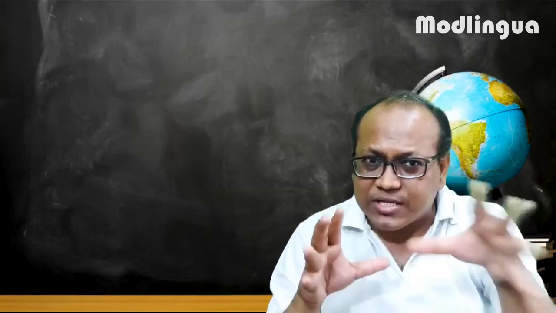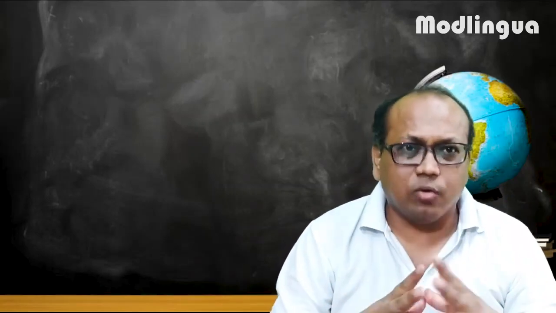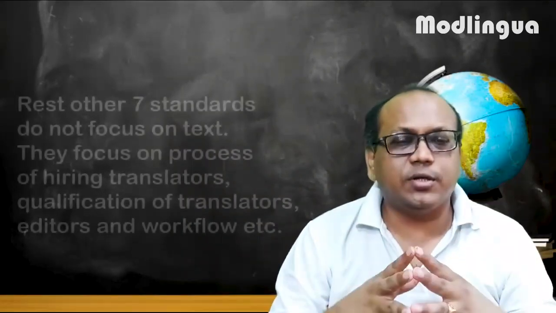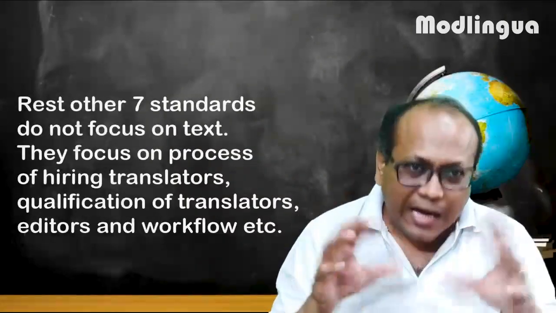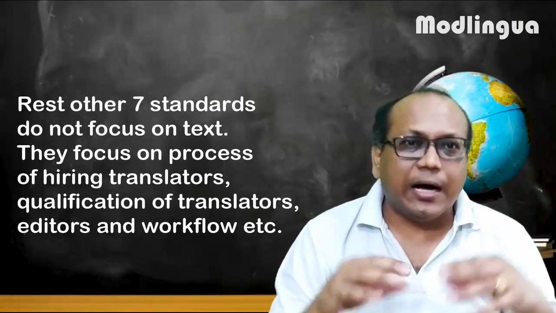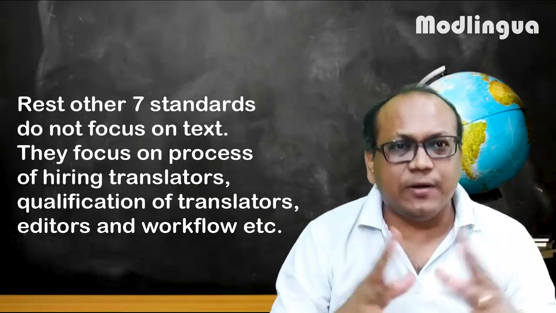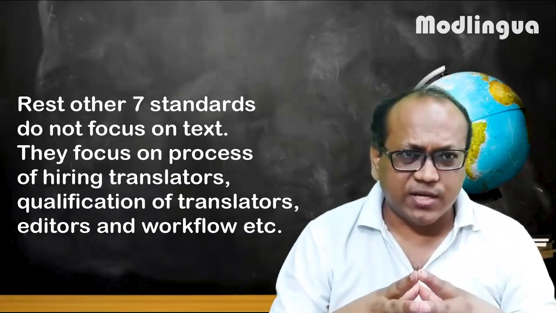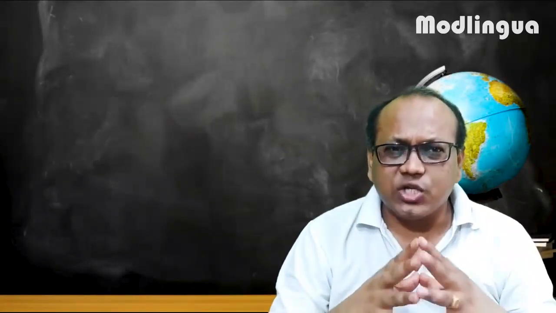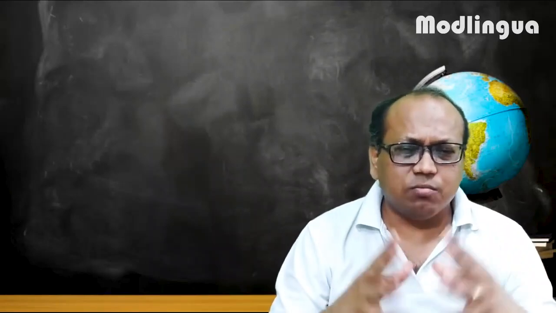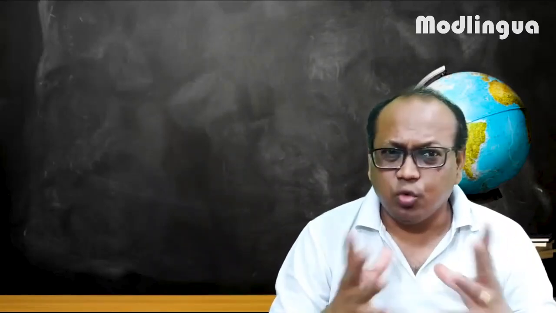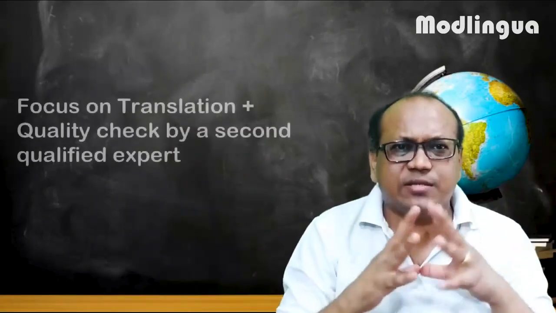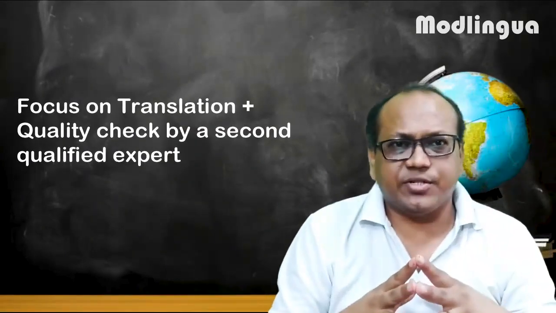On the other hand, the rest, all 7 standards that we have talked about, are not talking about text. They are talking about the qualification of the translators. They are talking about the qualification of the proofreaders. They are talking about how they will do the quality check, how the translators will be hired, how the client will, everything will be documented, how the technology management will be incorporated into place. And most of them focus on qualified translators as well as second reading, meaning second proofreading, to do the quality control by much more senior persons. Right? So this, in a crux, is the translation as well as translation quality standards.